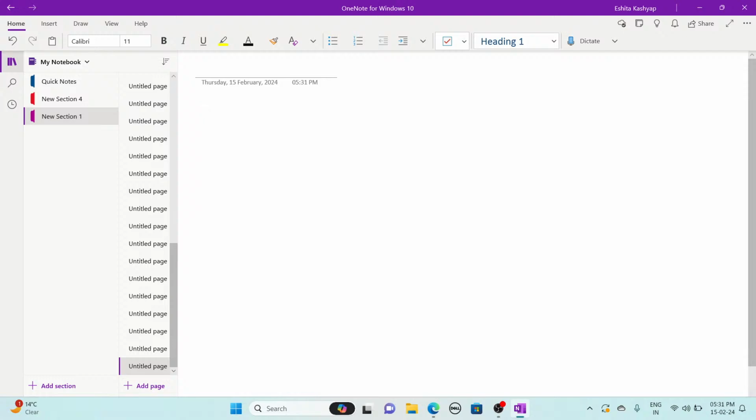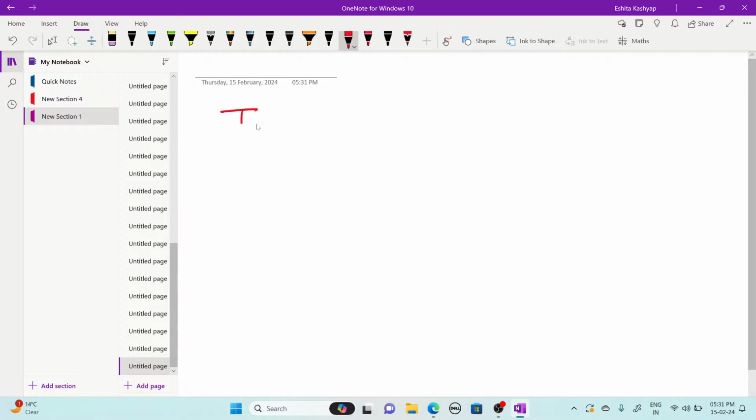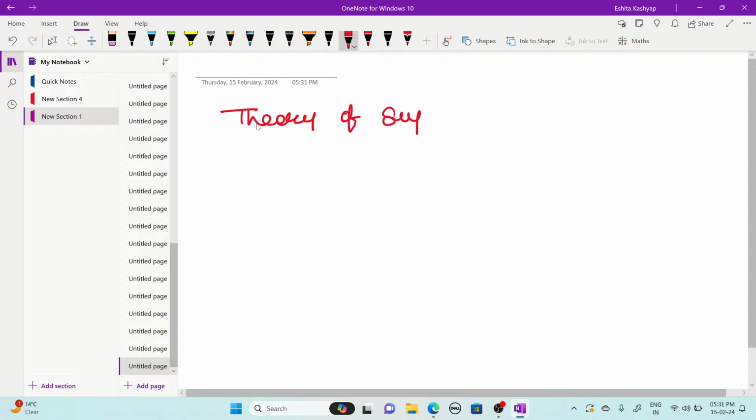So today we are going to start to study the theory of supply. Today's topic is theory of supply. We will cover the concept of supply, and the difference between supply and quantity supplied, as I told you about the difference between demand and quantity demanded. Then we will move ahead to deal with